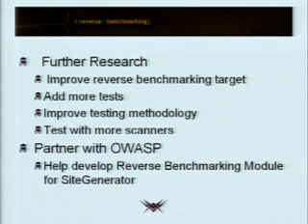For further research, we want to improve the benchmarking target, add more tests, like I said, and improve the testing methodology, because right now there are so many different signatures thrown out by the application scanners that coming up with the buckets is somewhat arbitrary, and I did that late last night, so it's far from perfect. And then there's also